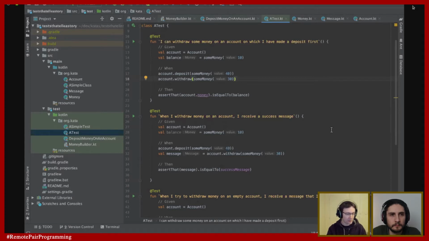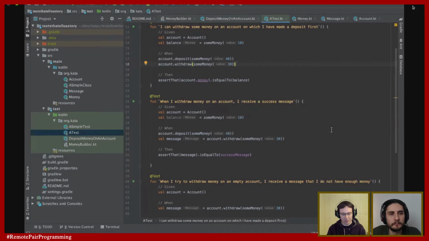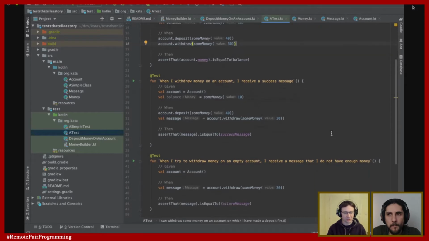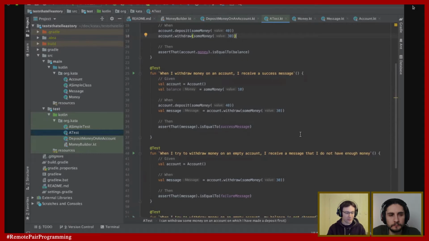And then we wondered what would happen when we cannot withdraw enough money on an account. So we introduced another test for when we can actually withdraw money, and this allowed us to somehow extract the concept of what the withdraw function should return. And we went for a message,